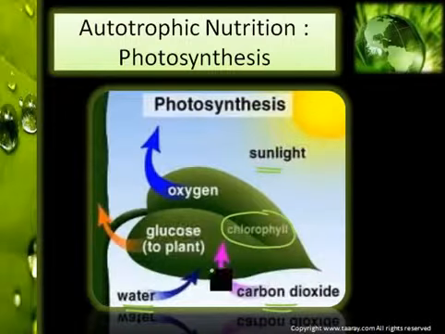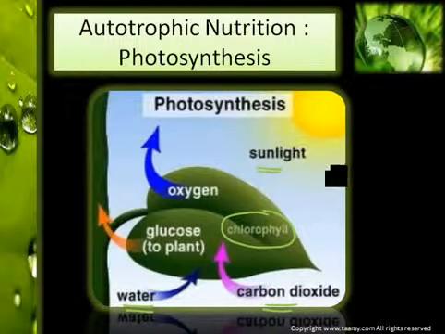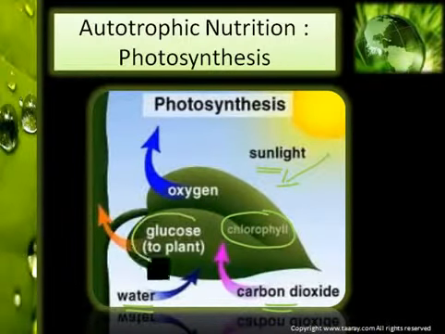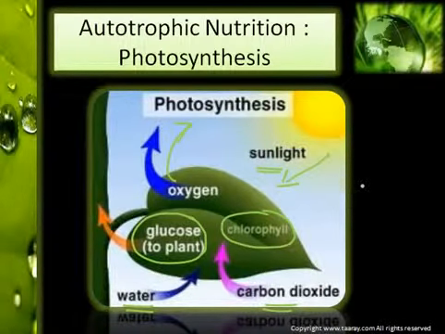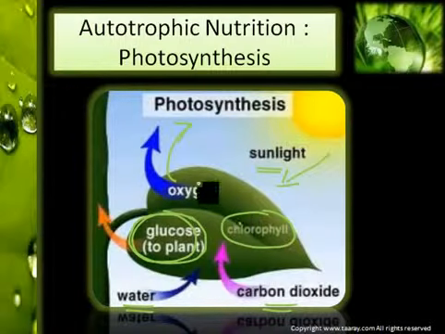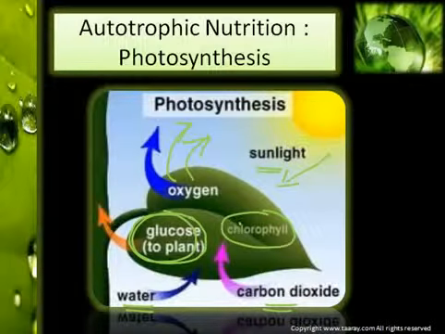So here, with the help of these three components, that is sunlight, carbon dioxide and water, in the presence of chlorophyll and sunlight, plants make their own food, and that food is glucose, and oxygen is released in the atmosphere. So the process is: sunlight, carbon dioxide and water combine, and the plant makes food, that is glucose, in the presence of chlorophyll and gives out oxygen. Like this, with the help of photosynthesis, plants make their own food.